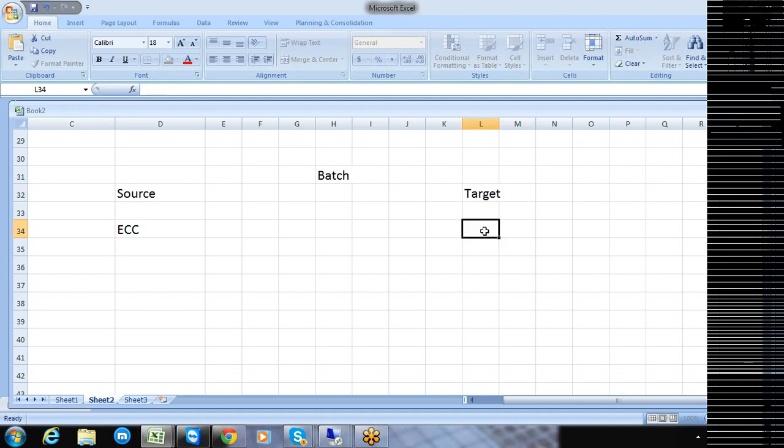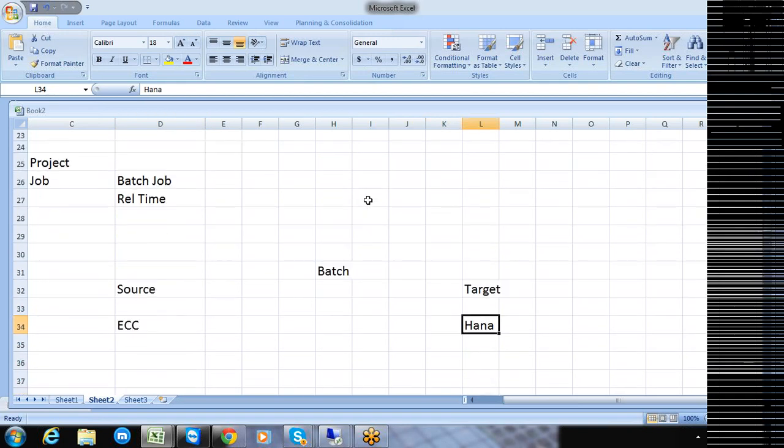So we need to start making the connections from BODS to this ECC source as well as from BODS to this target, and those connections are created with a concept called the data store concept.